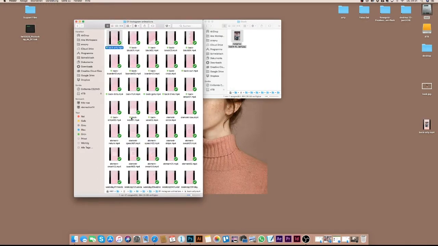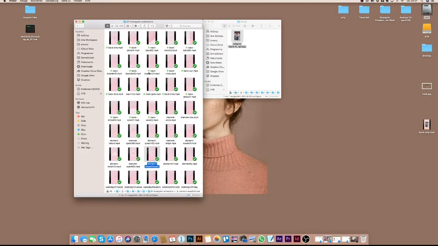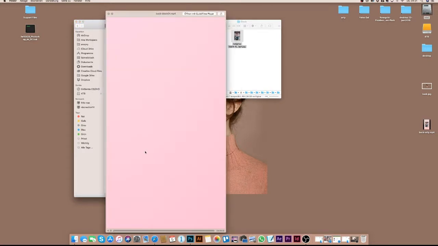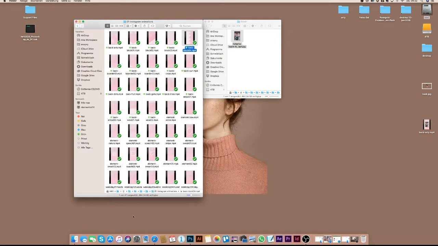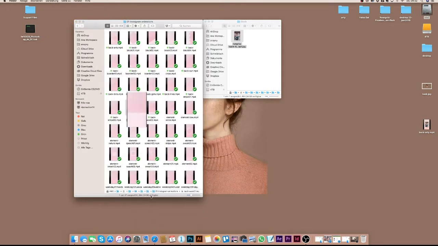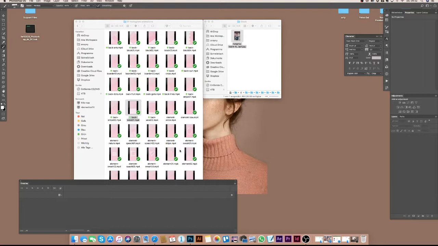So we have different things like elements, animated elements, and fruits, or abstract things like these. You can put it behind your images or quotes or whatever you like to put on your Instagram story. I will show you now how you can change the color in Photoshop and how you can put your